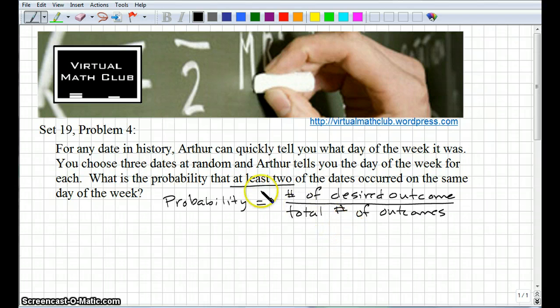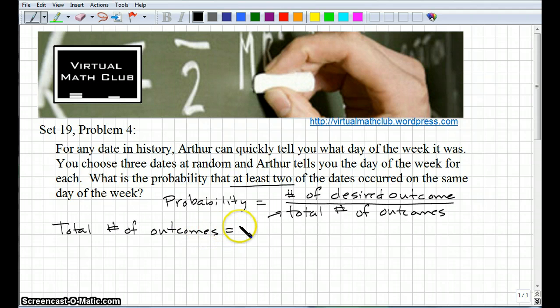So that includes both those that have at least 2 dates the same and those that do not have at least 2 dates the same, where all the dates are different. So we take the total number of desired outcomes and divide it by the total number of outcomes. Well, let's start with the denominator here. The total number of outcomes